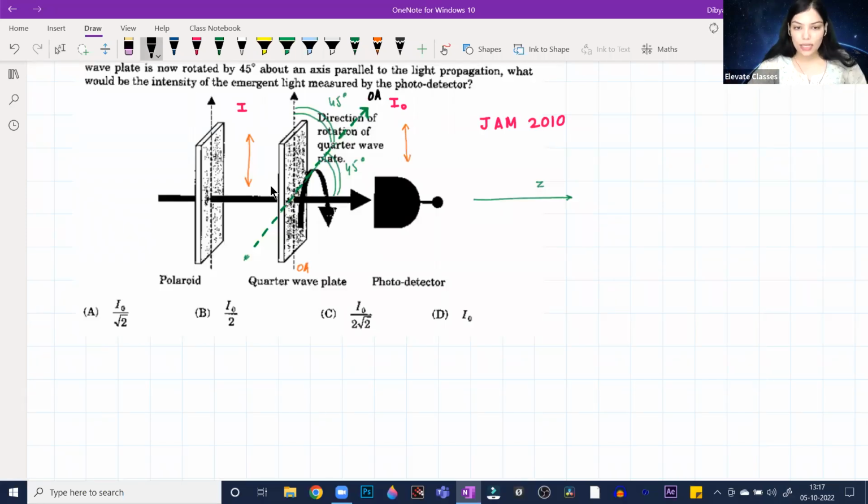सो अब क्या होगा, पहले क्या मिल रहा था, आई वाज गेटिंग अ पी स्टेट, बट नाउ व्हाट विल आई गेट, आई विल गेट अ सर्कुलरली पोलराइज्ड लाइट when the quarter wave plate is rotated. But why should there be any change in the intensity? Intensity तो वही रहनी चाहिए. I've only